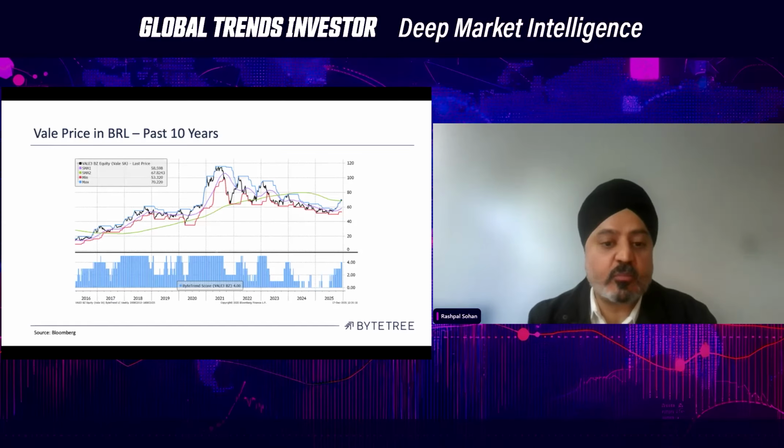So to show an example of how the scoring system is applied, look at the stock of Vale over the last 10 years. This is looking at the stock in local price terms, so not relative terms, right? What you notice is that the score oscillates over time as the price trended up, for example, between 2016 to 2021, and then oscillates again between 2021 onwards, right? So it never remains constant between 0 and 5. The scoring is shown at the bottom of the chart in blue.